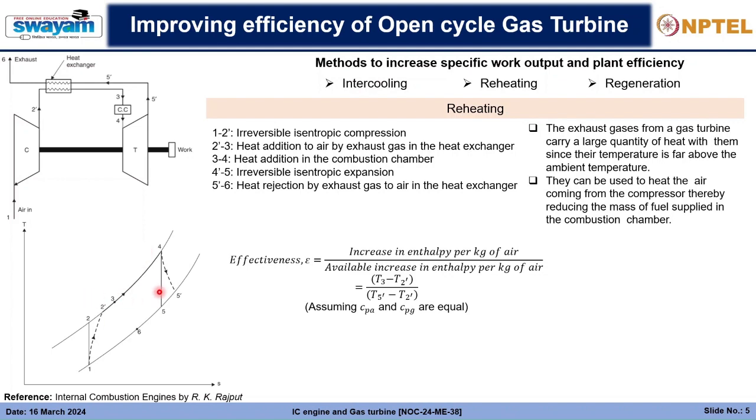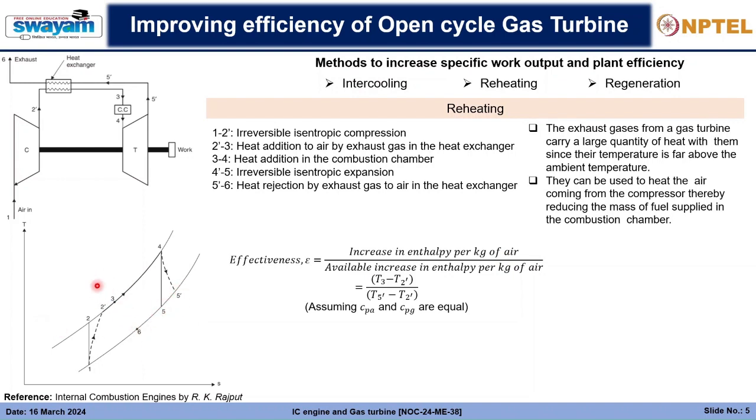Now, increase in enthalpy. The increase in enthalpy is from 2 dash to 3, right? So that is T3 minus T2 dash, and we are assuming that the specific heat of air and specific heat of gas are almost equal. So that will get cancelled out. So the net enthalpy will be simply the temperature difference now, the ratio of the net enthalpies. Now, T3 minus T2 dash, that is the increase in enthalpy of air, and